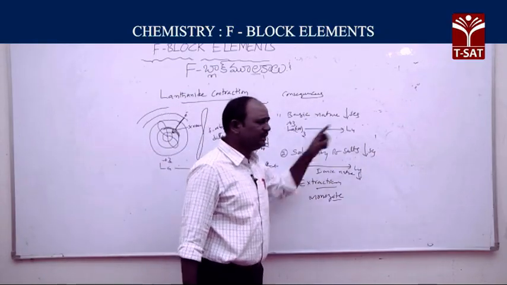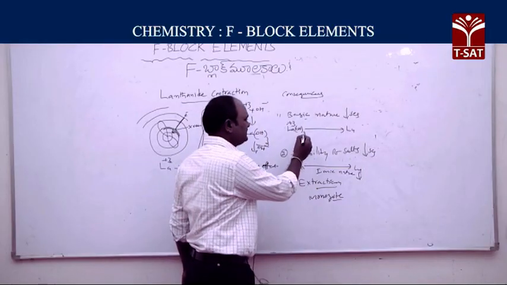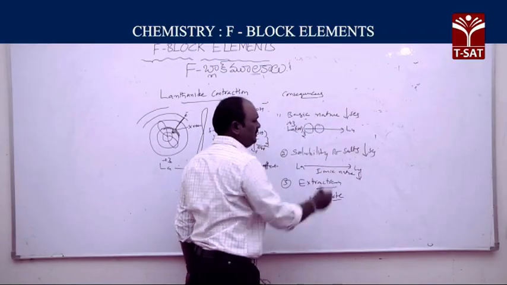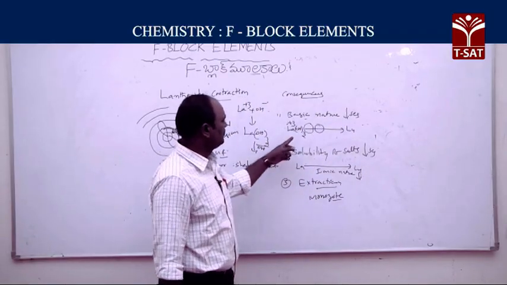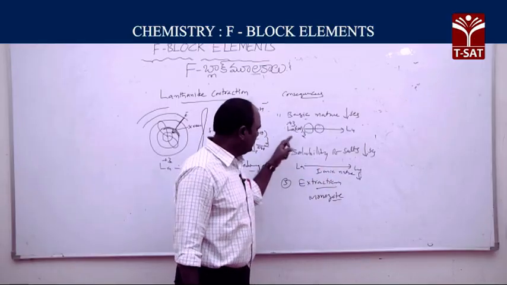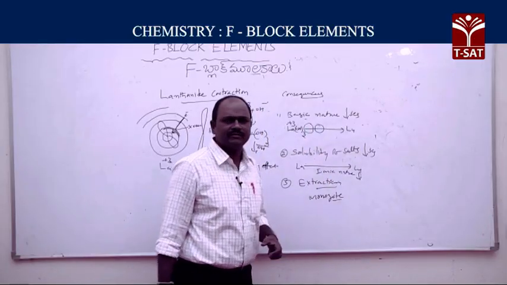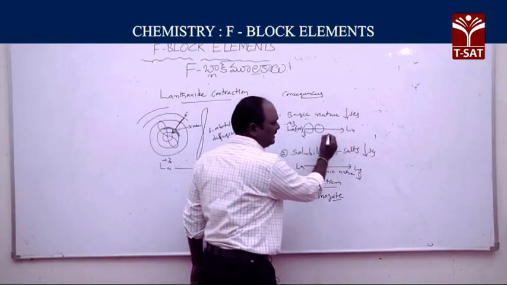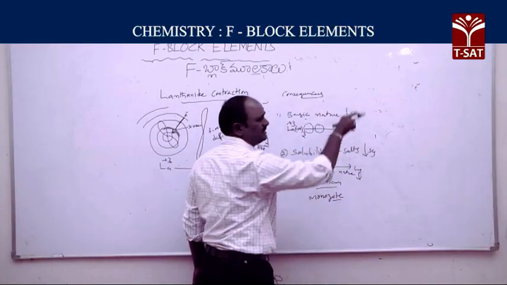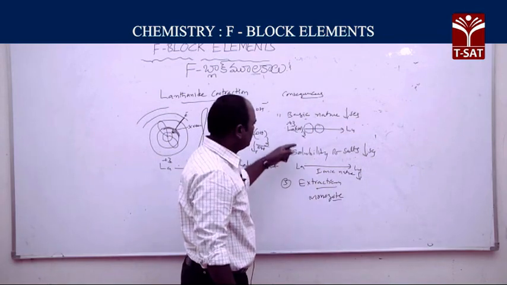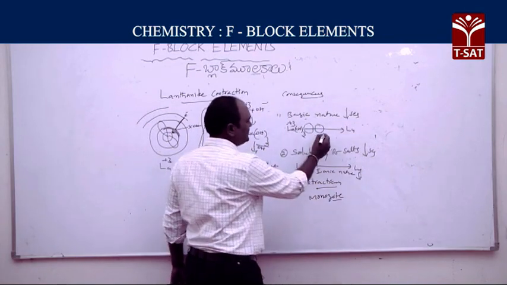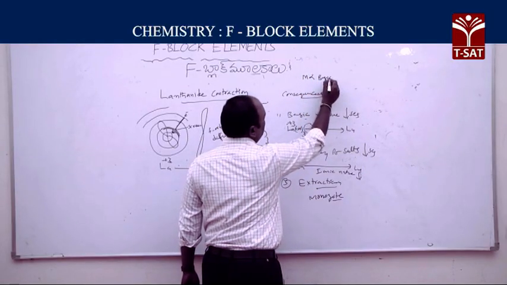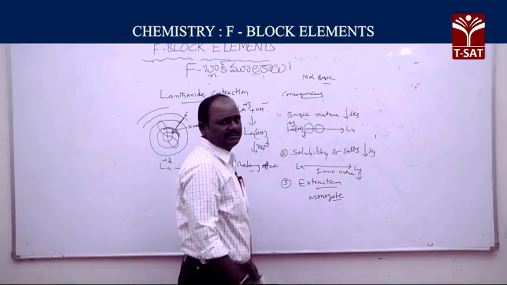From lanthanum to lutetium, try to understand, gradually the size is decreasing. When the size decreases, the metallic nature is also decreasing. Remember, the metallic nature is also decreasing. When the metallic nature decreases, non-metallic nature is increasing. It means metallic nature is directly proportional to the basic nature of the hydroxides or oxides